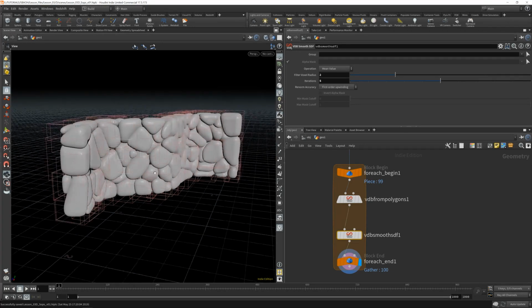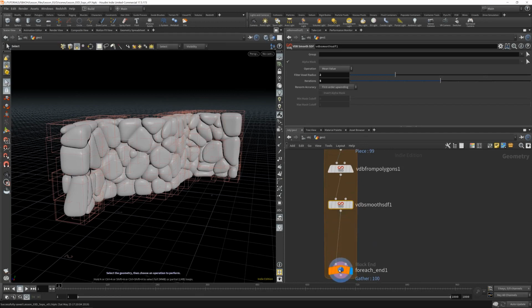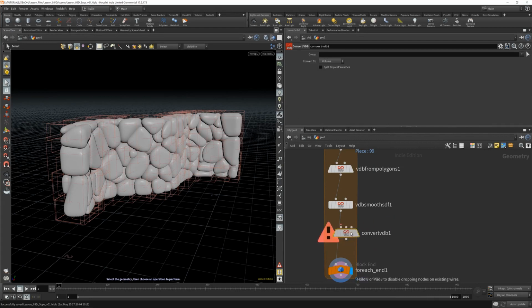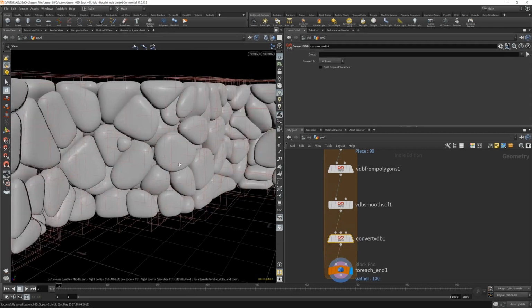Because this is all a surface, it's still spitting out an SDF. Now, if I just convert that back, I'm just going to throw down a convert. Oops, sorry, a convert VDB. And we're going to drop that right here. It's going to think about it for a second. And now,